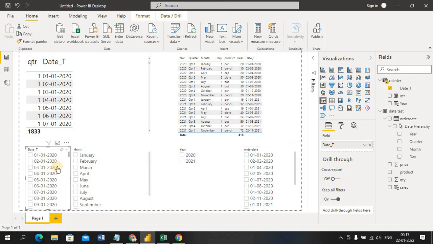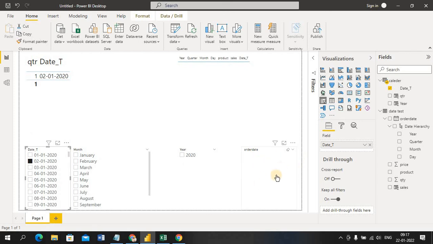If I select a missing date here, the 02 is not available, you can see nothing is there. So this provides continuous dates. It's an empty system. Like a missing date, I can consider that day I don't have a transaction, that day I don't have sales. So this is how we'll play with the calendars.